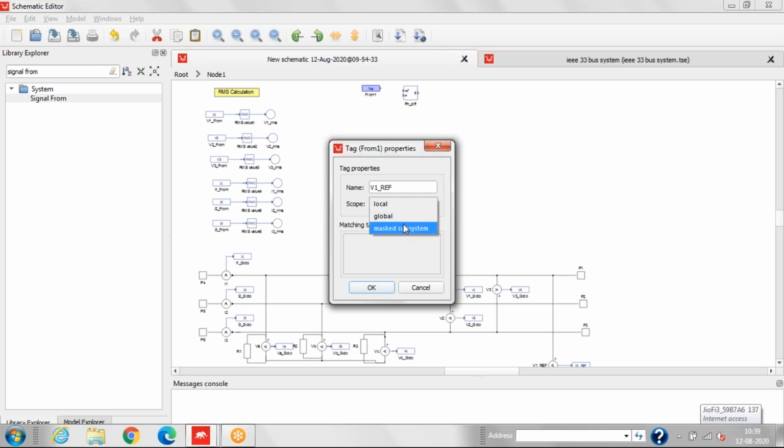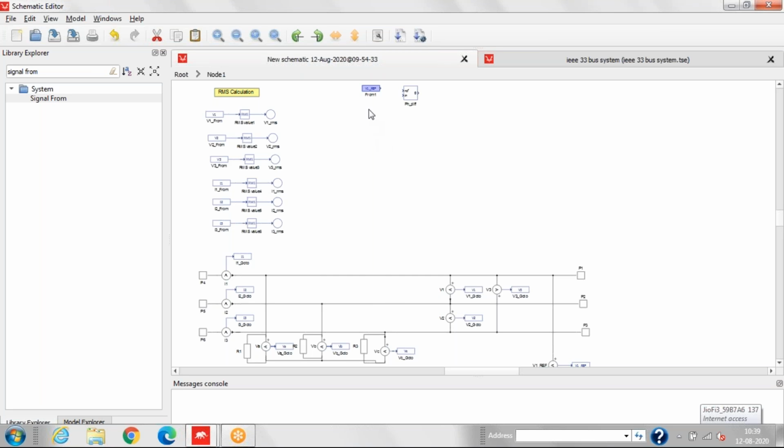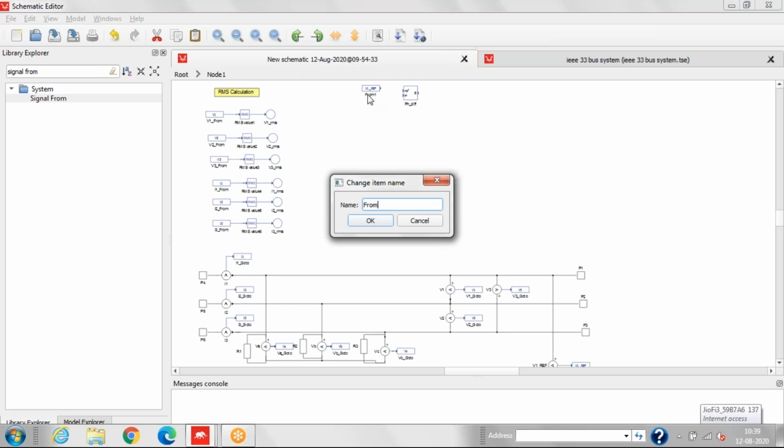Now we'll make it global because V1 reference is set as a global. We'll change the name also. So the name will be V1 reference.